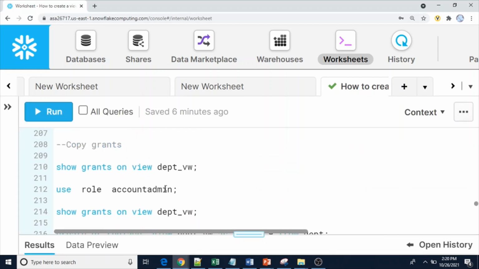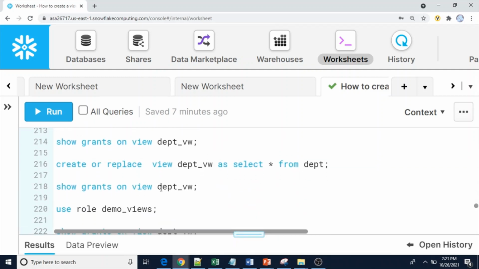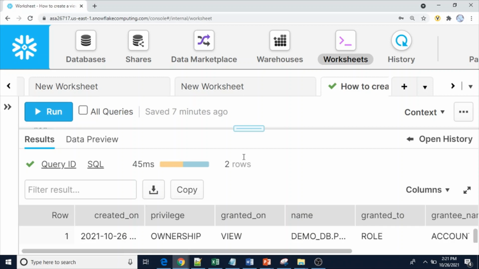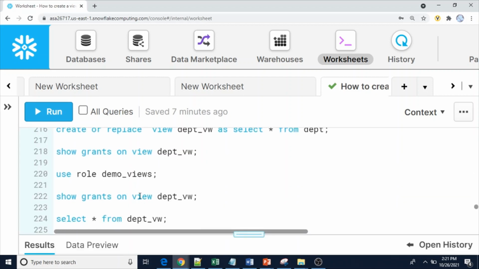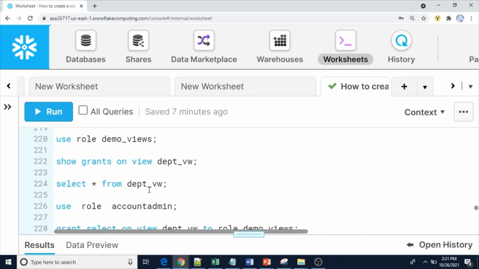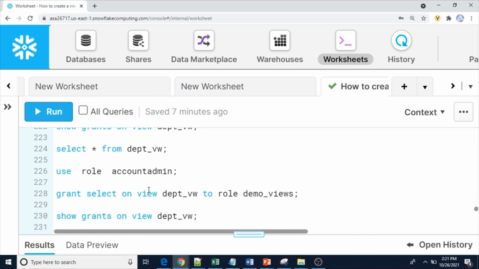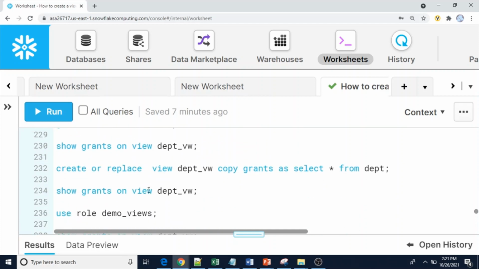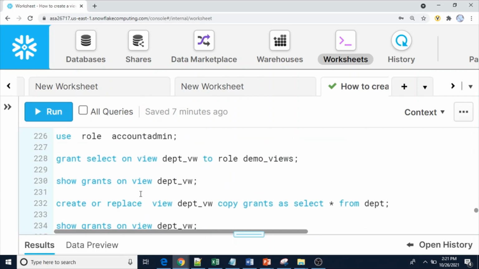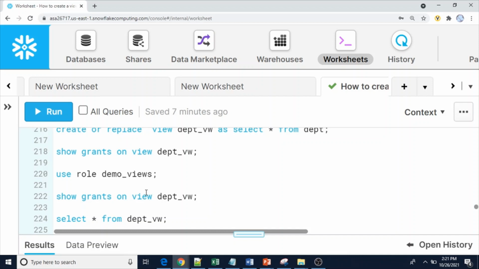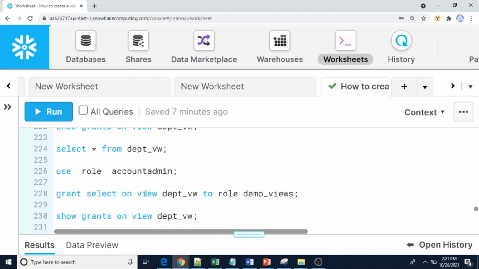Now let me switch to account admin. Here also, if you see, two rows are there, we can see the same two. Now I am going to show grants.